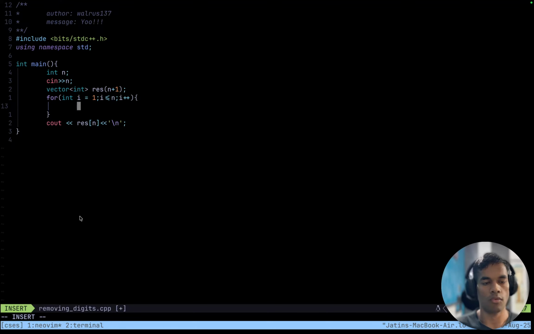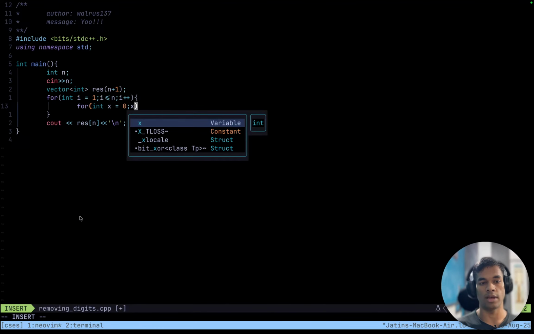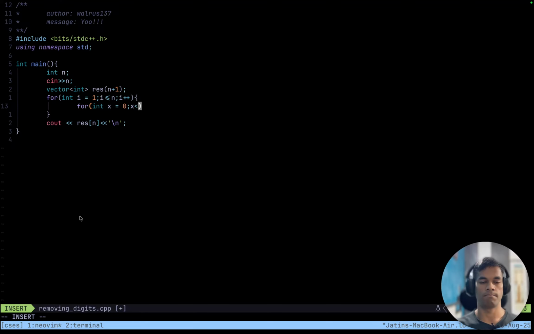For this current i, I need to find the maximum digit in this number. And how do I find the maximum singular digit in this number? It is actually bad. I do not know of an efficient way to find this maximum digit. We would have to loop, we can store this. Int mx equals 0